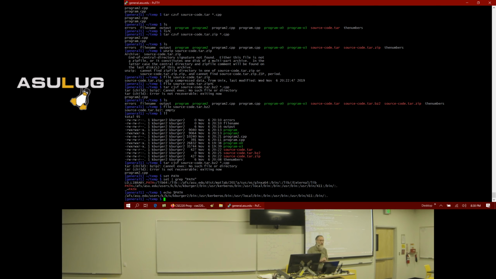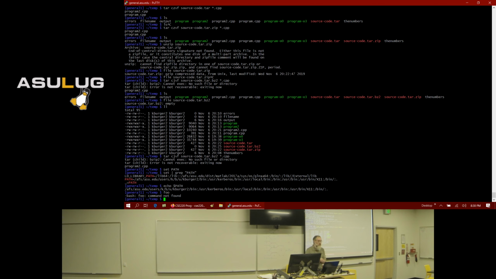Sometimes you need to edit this path. So suppose you install in your local home directory a program called foo. And you want the directory where foo is at in your path because you want to be able to type foo and have Bash find the binary. So currently, suppose foo is in my local home directory. Currently, there's not a path to foo. But I could edit this, and one way you can do that is, well, you can do it this way.